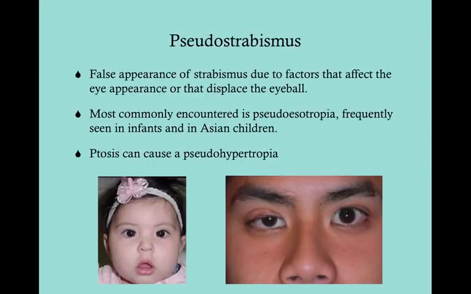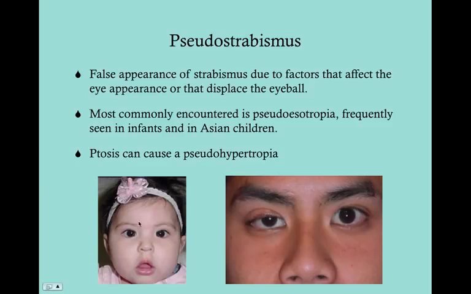There's one more thing I want you to see here, and that is pseudostrabismus. Pseudostrabismus is something that looks like strabismus, but it is not. It's a false appearance of strabismus due to factors that affect the way the eye appears or to something that displaces the position of the eyeball. Most commonly this is encountered as pseudo-esotropia, frequently in infants and in Asian children. In infants, the epicanthal fold has not finished developing, and in Asians, the epicanthal fold is a little bit different looking,